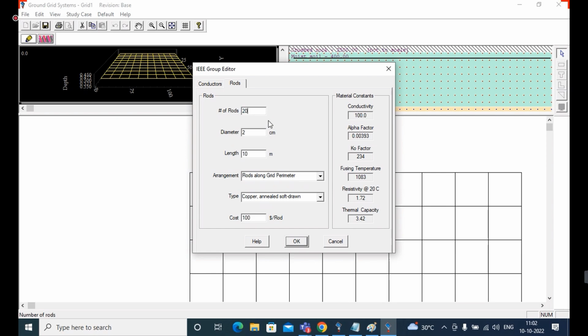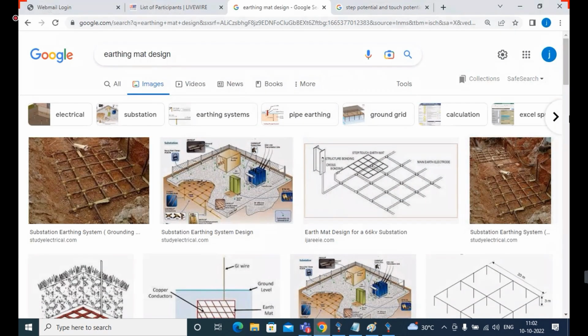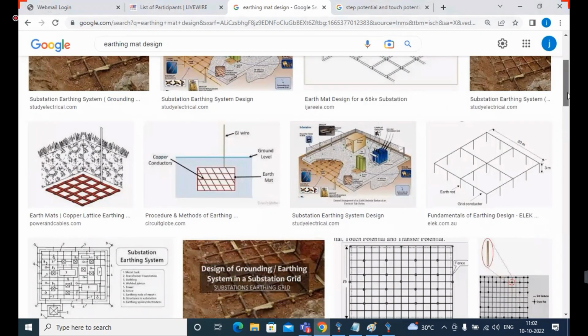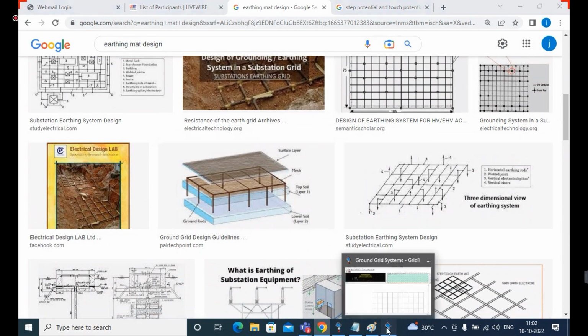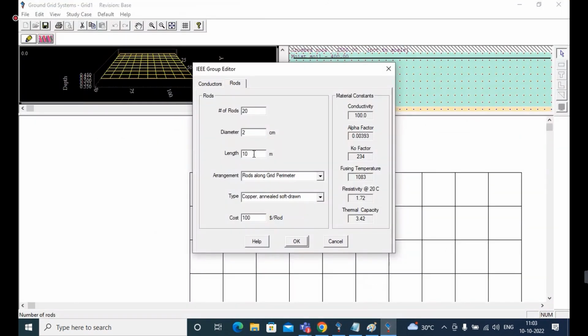The rod diameter is 2 centimeter. How much distance am I going to use? Can you see here? If I'm using a rod, the length of the rod needs to be mentioned in the software. So for the length of the rod I'm going to use 7.5.